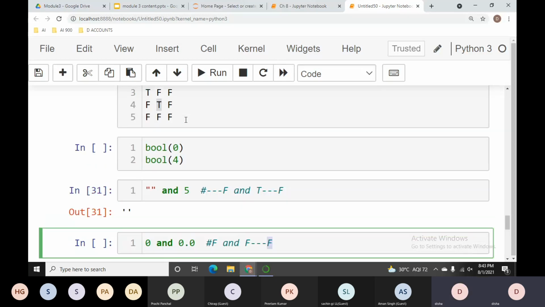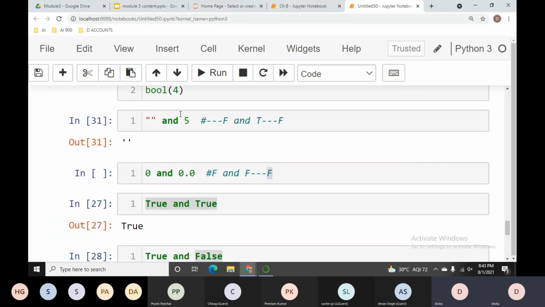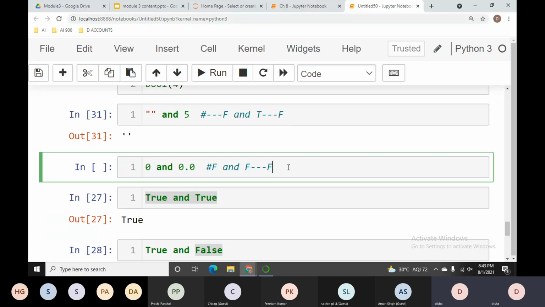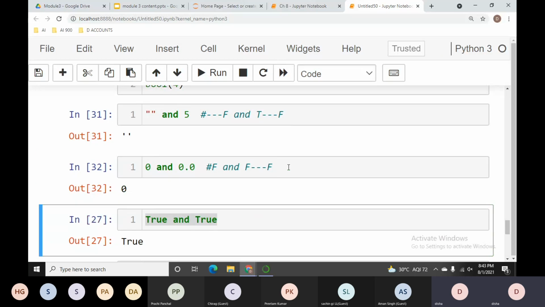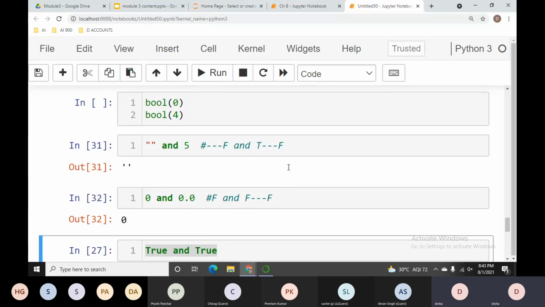I'm telling you again and again, if my first operand is false, I will not take care of the second operand. Maybe this is false, maybe this is true. I won't care about that. I will get only the first operand as my result. Am I clear, guys? Or any doubt? This is little bit complex, but not much if you will keep focus here.